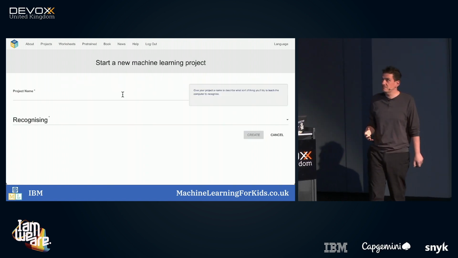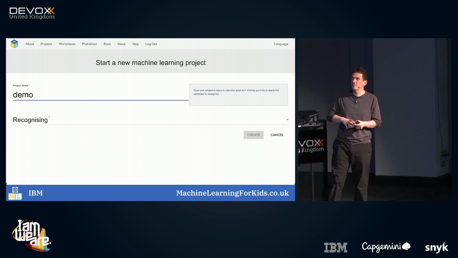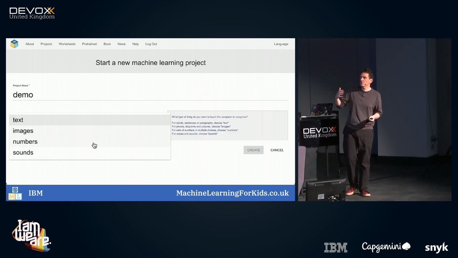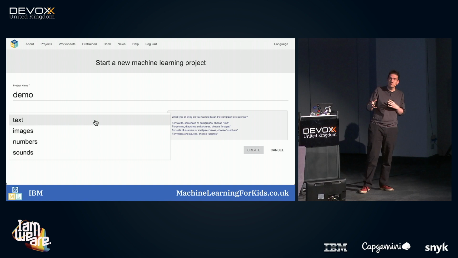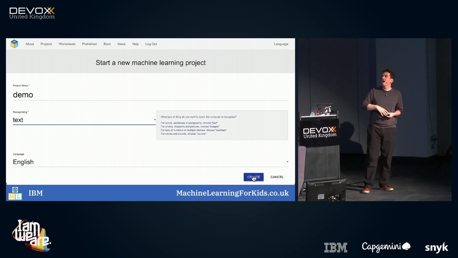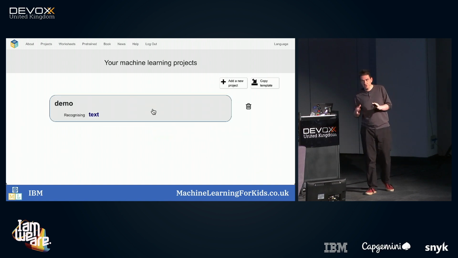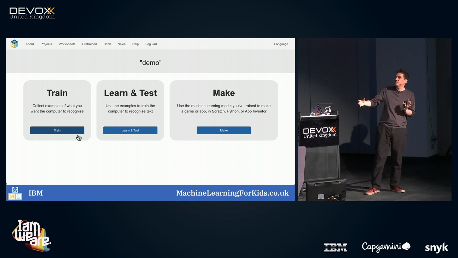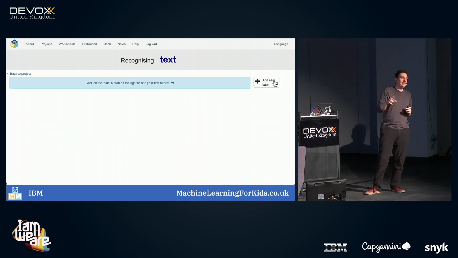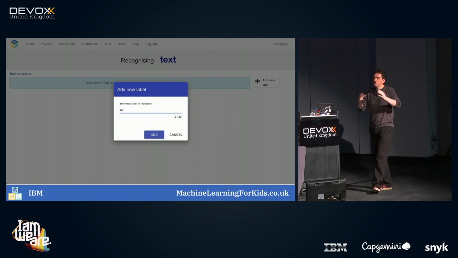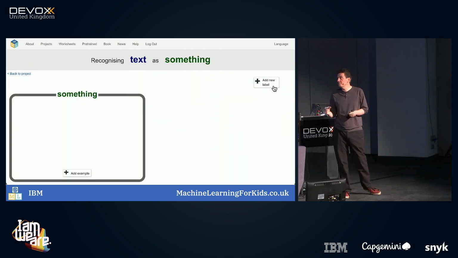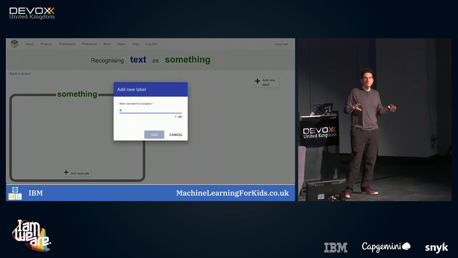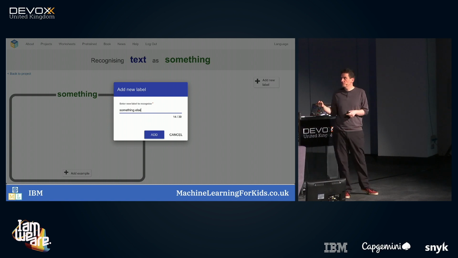It's all project-based, so you create yourself a project based around a machine learning model, a model that can recognize text or pictures or numbers or sound recordings. And when you've created your project, it will take you through the 3 main phases of a project, starting with collecting your training data. So you create these training buckets. You give it a name, and you can create several of them, but here I'm just doing 2.